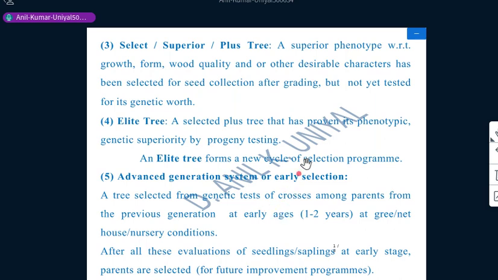In the research station we are performing this progeny trial for selection of early trees, but at the same time on the basis of performance without any genetic testing. We are only checking the performance at the early stages, on a 1 or 2 year basis, to say this family or this plus tree is best for selection. So this is known as the advanced generation system or early selection. After all these evaluations of seedlings or saplings at early stages, parents are selected in the field for further